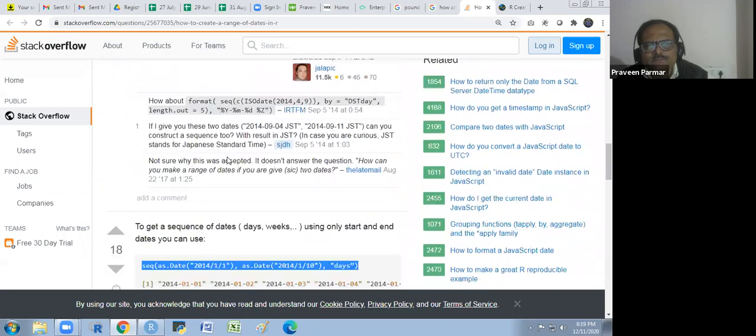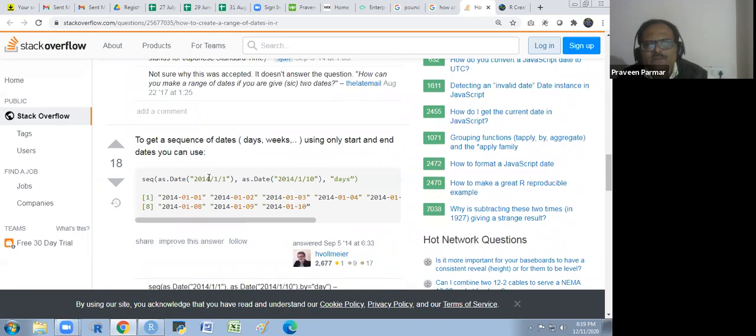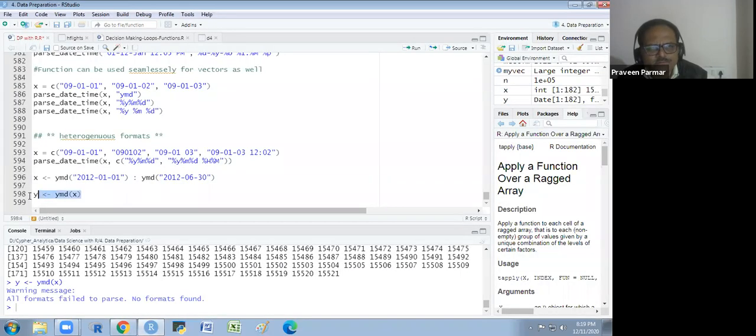And this we could apply, the 1st January to 10th January. We are getting 1st January to 10th, so 10 entries we are getting here, as.Date in the sequence. So we could date it, we do that here and try to run whether it is working or not. The sequence we required, no? We could take 31st. Why is it so?